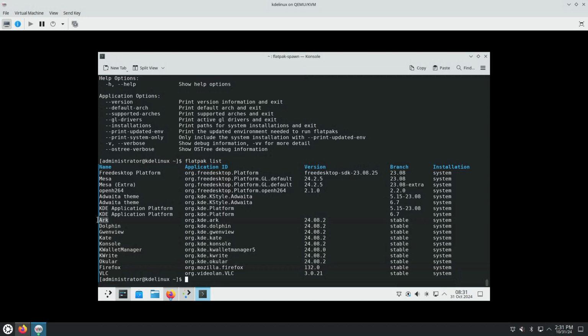So there's the Ark zip file manager, Dolphin, wow, Dolphin being the default file manager, Gwenview, the image viewer, Kate, the text editor, Console, KWrite as a smaller Kate, Okular, the PDF viewer,